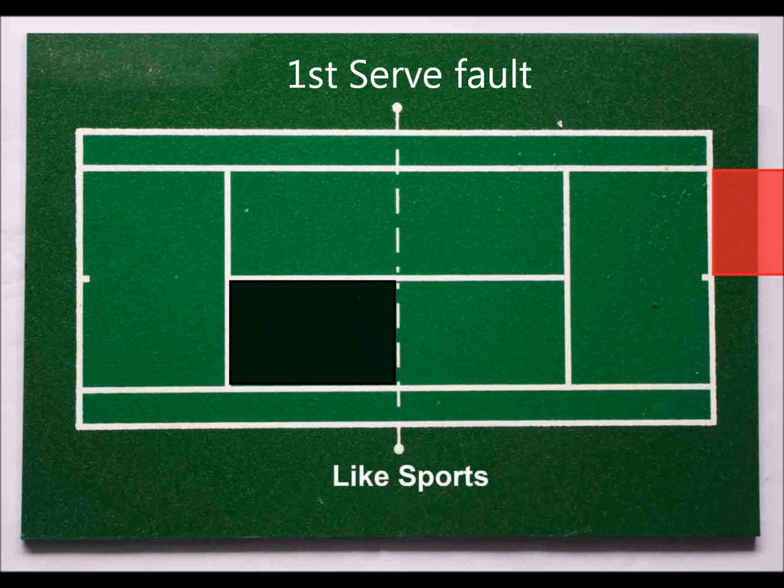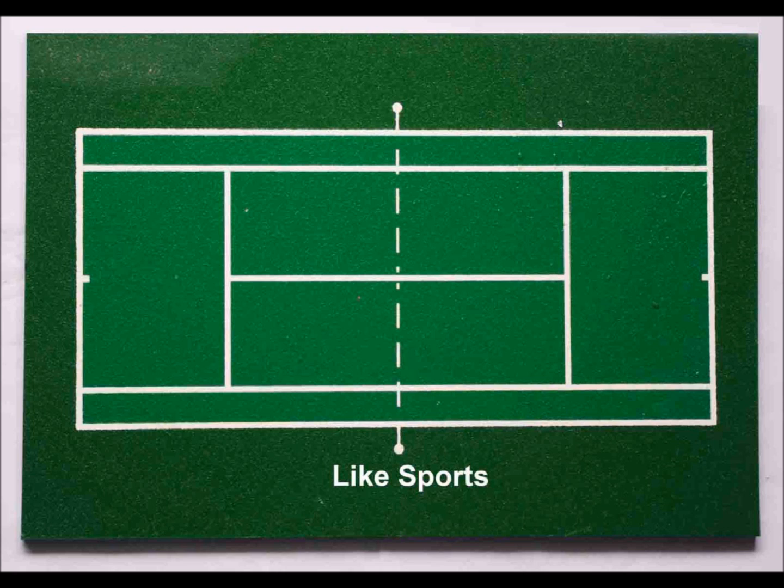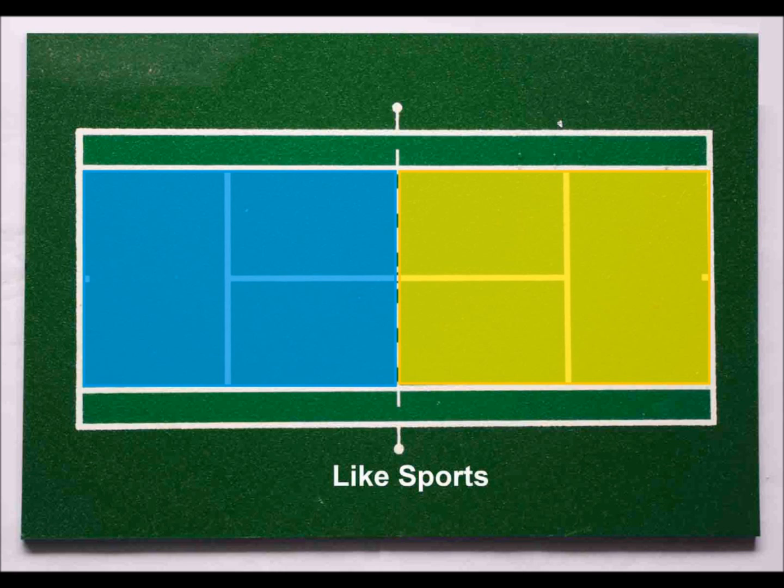If the first serve is a fault, then he tries a second time, called the second serve. If the second serve is a fault, then the point is given to the opponent, that is player 2. Serve is followed by a regular game, that is, player 1 returns the ball in the blue area and player 2 returns the ball in the yellow area. A point can be acquired in three ways.